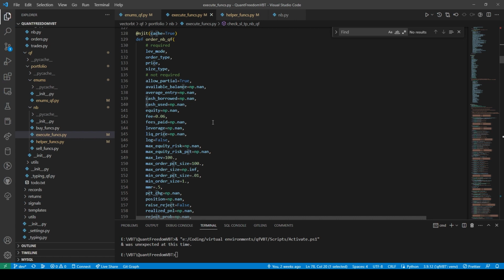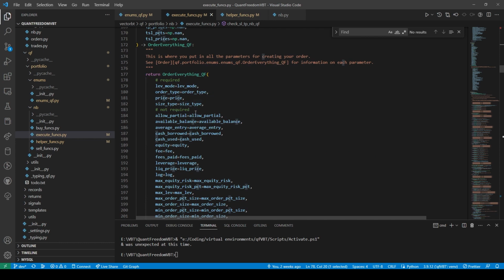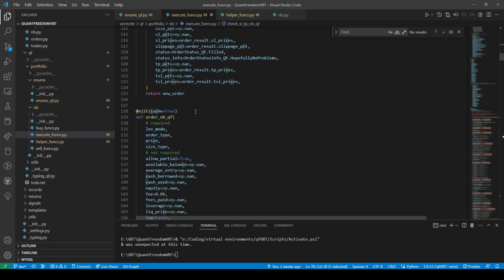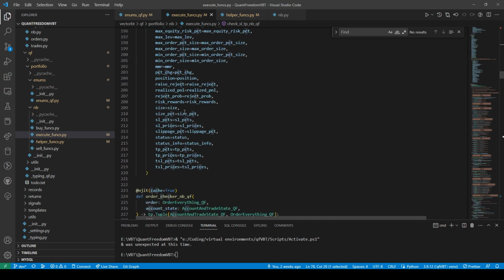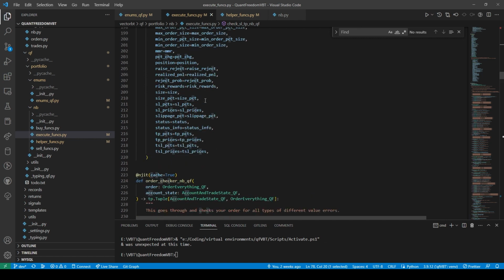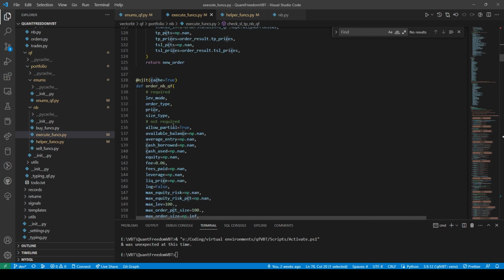So you send each one of these back as a NumPy array. Then you go to the next thing, which would be to create this order right here.